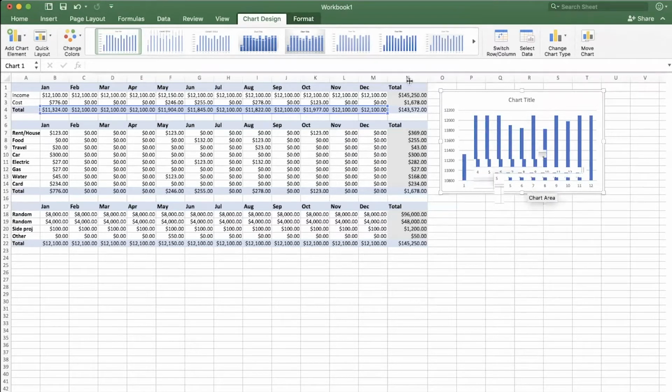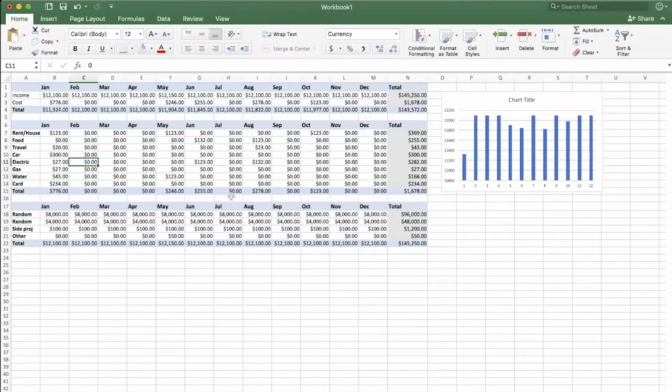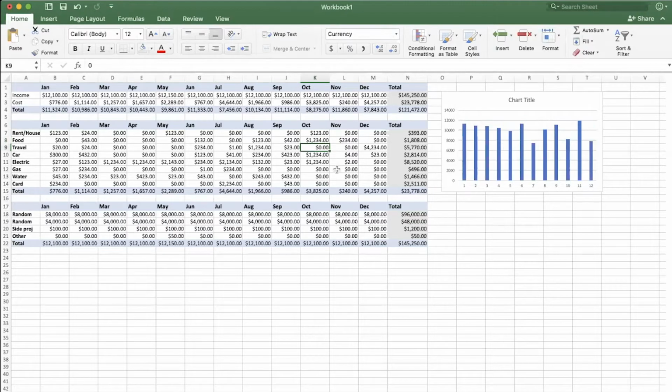And now I can see what months are going to be really difficult for my income. And as I change the numbers over here, the numbers for the chart should change as well. I'm just typing random things in. And as you can see, oh, I spent a lot on food in October. Goodness gracious. Banquet. Somebody got married. Okay. And you can see that in October, I went a little over budget there. And that's how far down below it went. So you can also see the negative balances as if you have one. Hopefully you don't have one. And as soon as you change it, let's say it was a typo, it automatically adjusts.